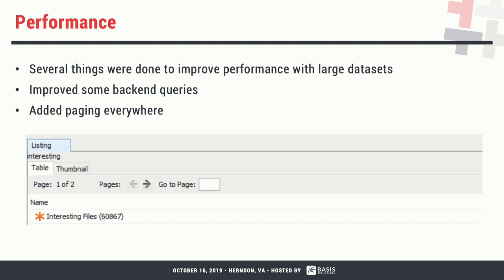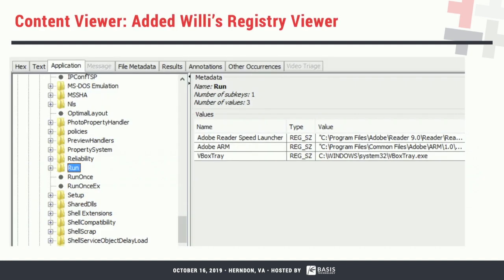So if you click on that node by accident that had 100,000 items in there, we'll only show you 10,000. And then you can page through there. Sorting is now a bit awkward because it's only sorting within that one page. We're working on that. This is the first step at not making you regret too much. Because honestly, 60,000 items is a lot of items. It's probably not that useful anyway. So there's other things that we're working on, but you'll now see paging everywhere.